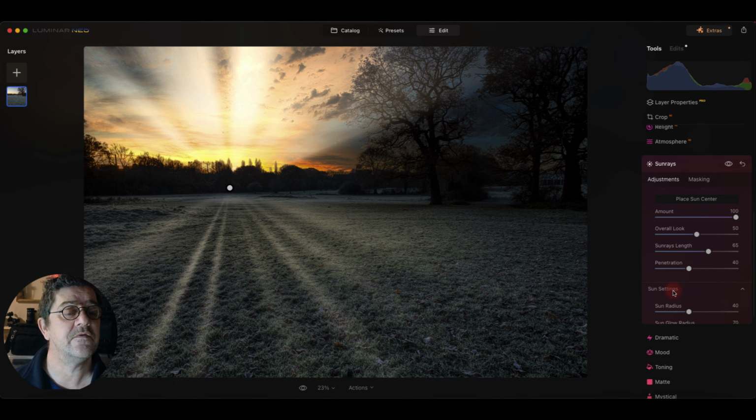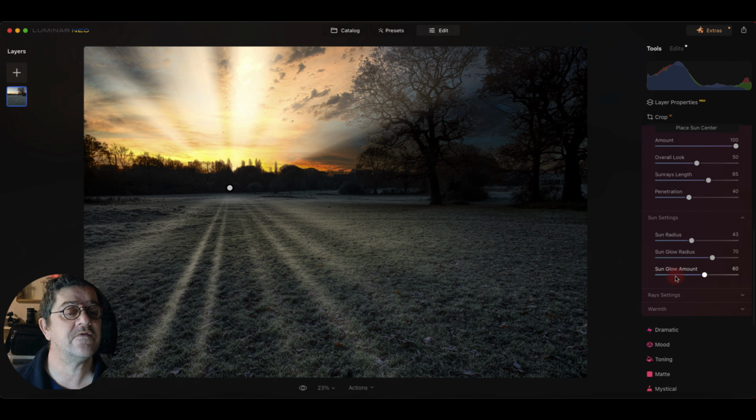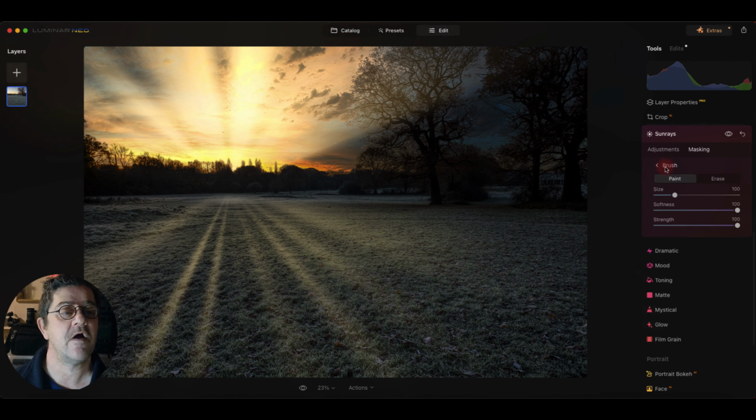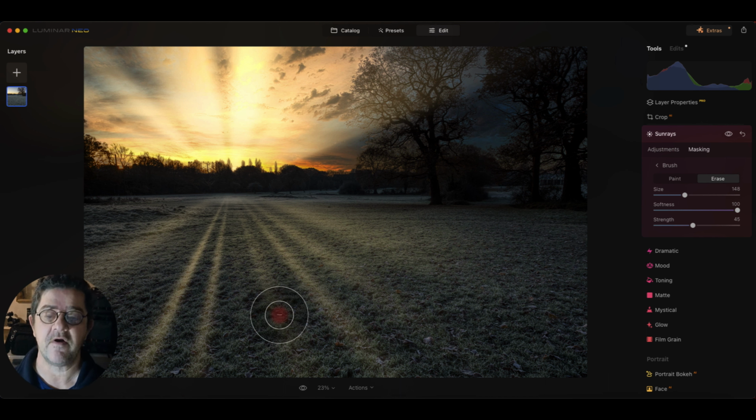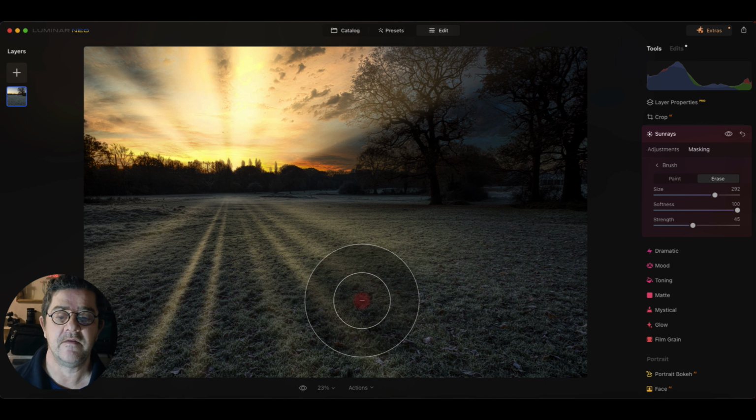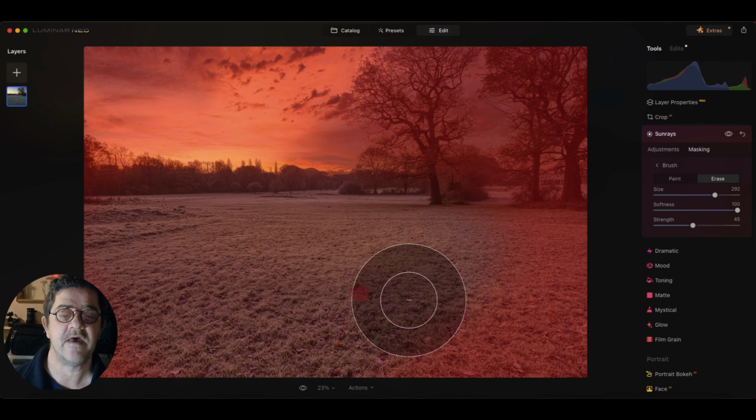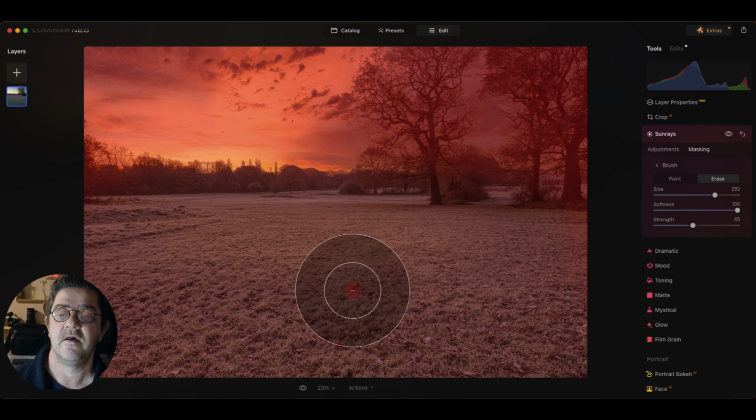Let's come down to the sun settings, just give it a bit more of a punch there. I'm going to change the temperature of it as well. Warmth here. Try and match the warmth in the sky a little bit. There we go. Sun ray warmth. There we go, like that. And now what I would do is I'd come into masking, brush, and I'll just bring that brush down a little bit and erase like so. Let's make a really big brush, just get it done really quick. There we go. And what I'm going to do is I'm just going to take those rays out here like so,